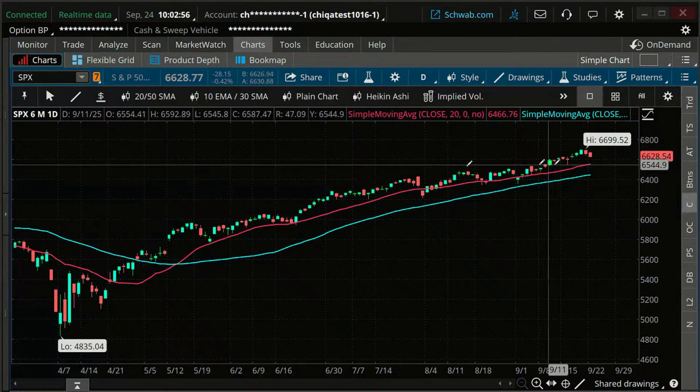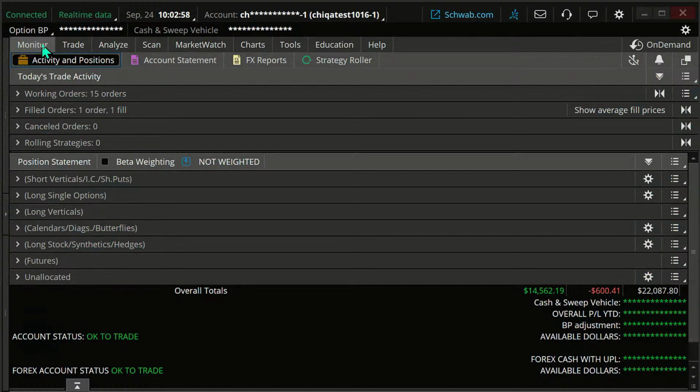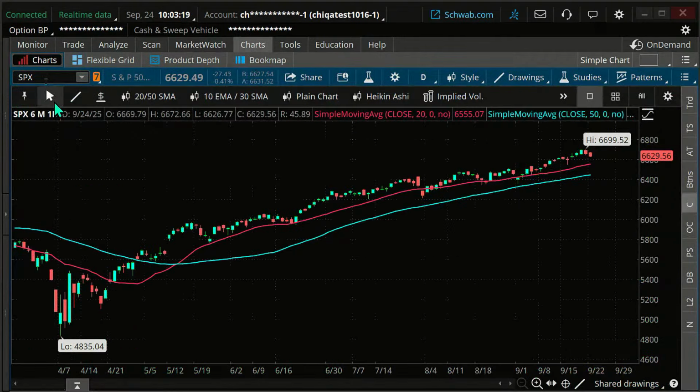Now, what we're going to do here today is go through a variety of option trades and talk about managing those. But I noticed we don't have any long verticals in the account right now. So I was going to look to add some long verticals and talk about management of those as we do so. Then we're going to manage a variety of other types of trades as well.